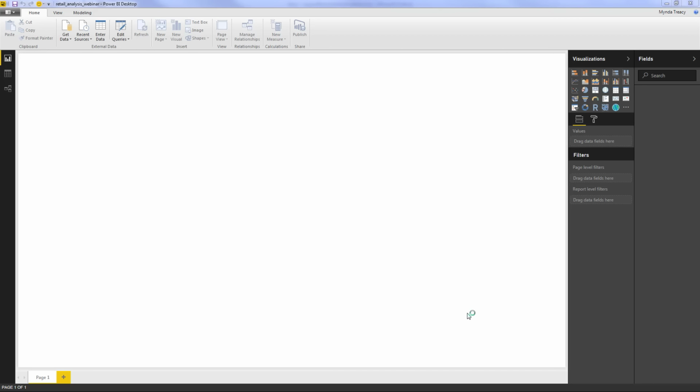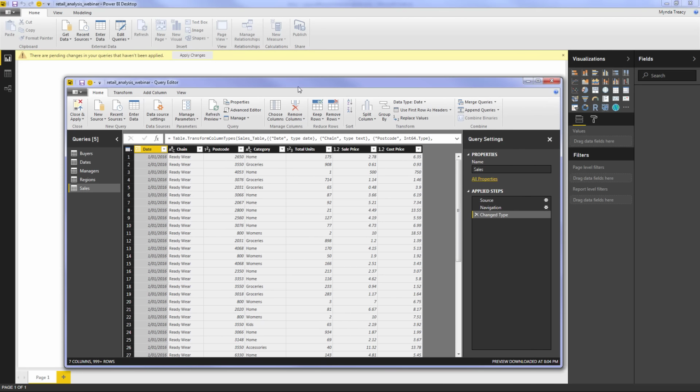I'm going to edit them first, and we can also take a closer look there. This opens the Power Query window. I'll just bring it into view. And you can see on the left we've got our 5 queries, one for each of our tables that we've brought in from Excel. And if you've used Power Query in Excel, you'll be familiar with this view. It looks a little bit different here just because of the dark theme, but otherwise everything is pretty much the